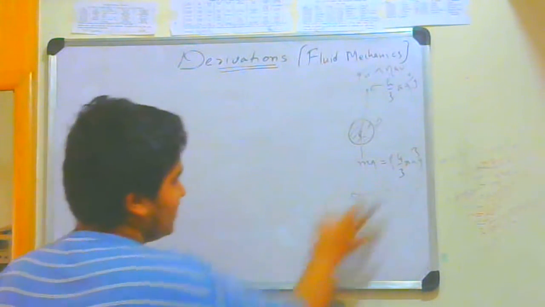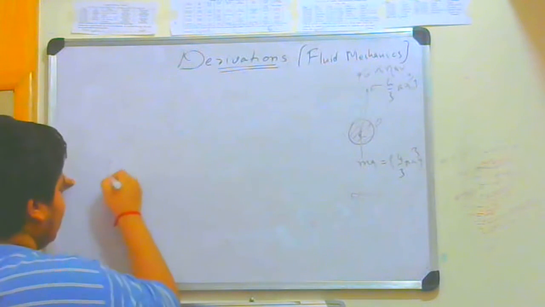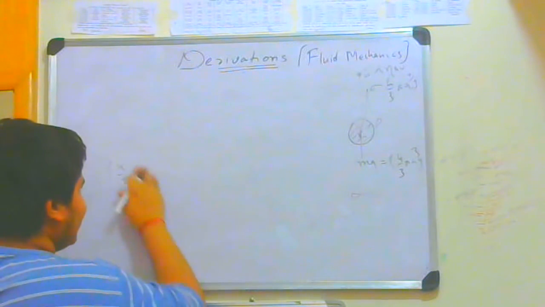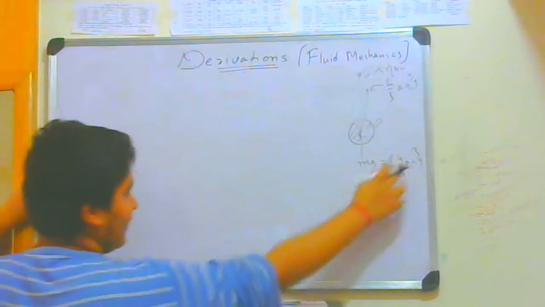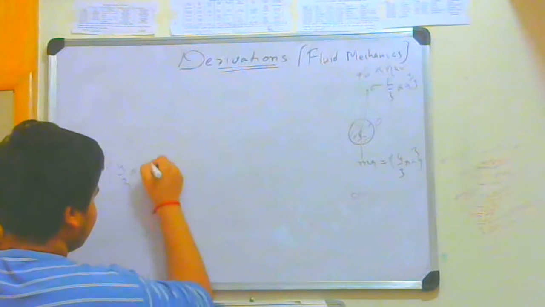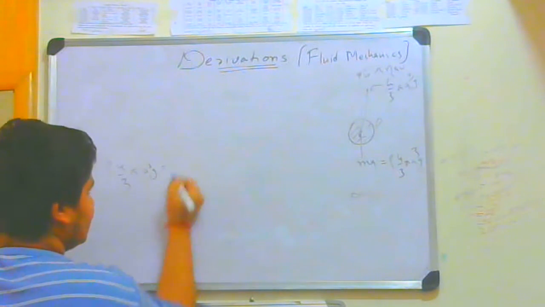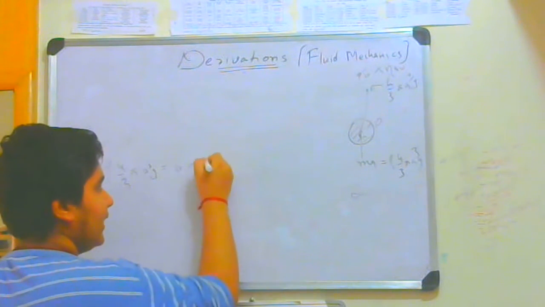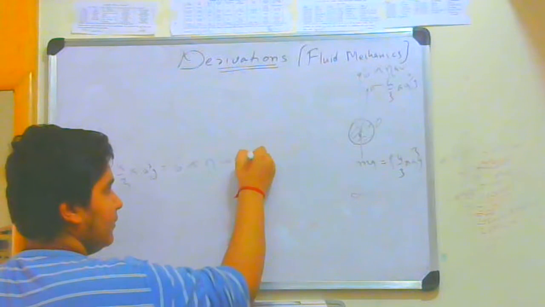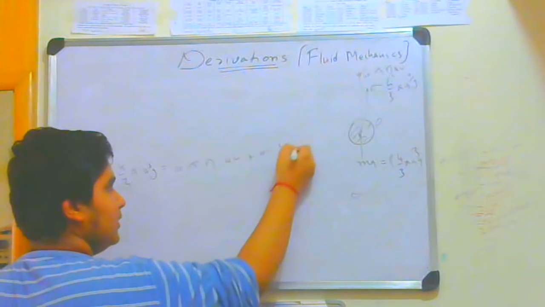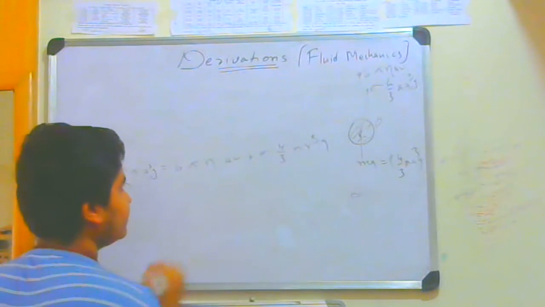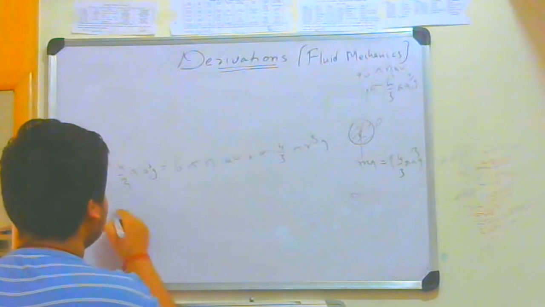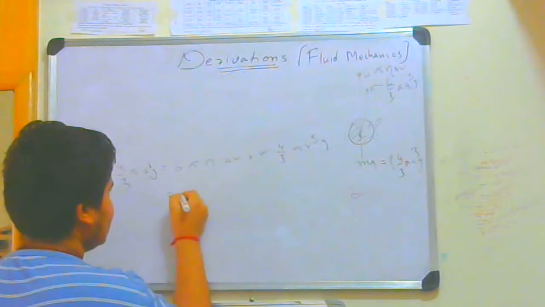So at equilibrium what will happen? This downward force and upward force will be equal. So rho 4/3 pi a cube g, that is equal to the upward forces, all of them, that is 6 pi eta a b plus rho 4/3 pi a cube g. a is common in all, I can take it out. Pi is common in all, I can take it out. Get the same thing over here, that is equal to